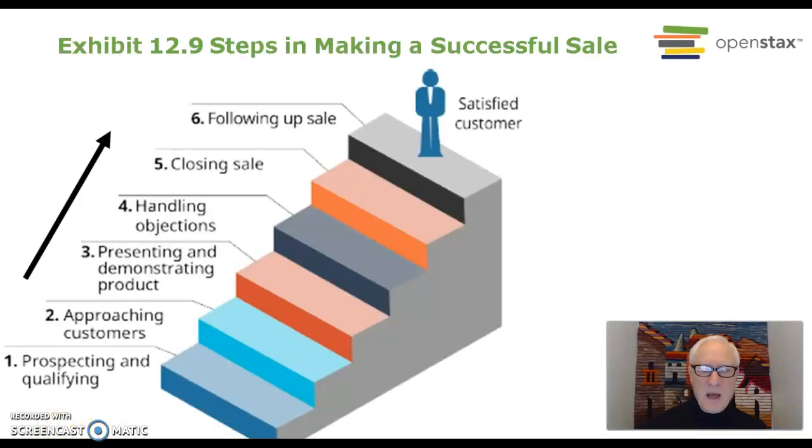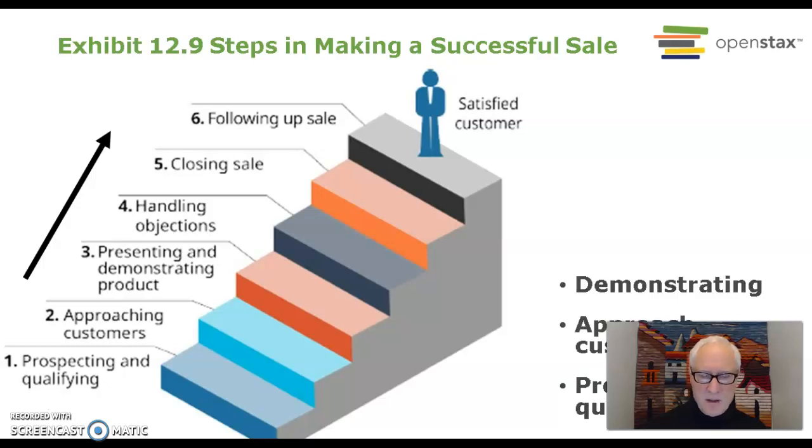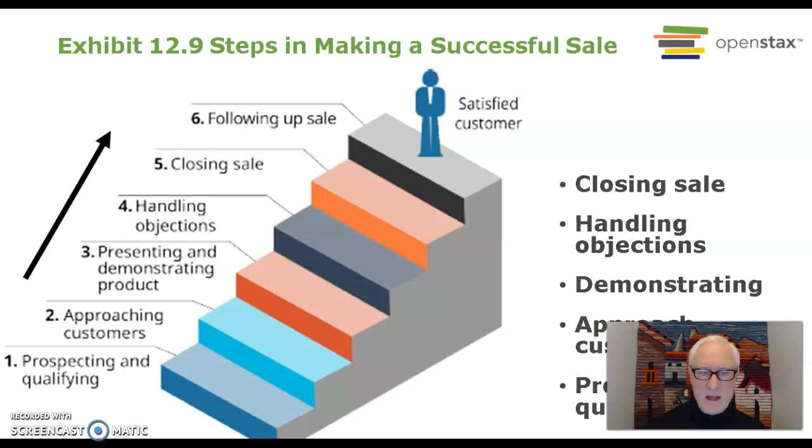So we're talking about the steps of personal selling. First of all, you want to prospect and qualify. What that means is find potential customers and then find out, are they in fact potential customers? Then you approach them, you present or demonstrate a product to them. They may have objections. You need to handle those objections, and then hopefully you can close the sale, meaning they